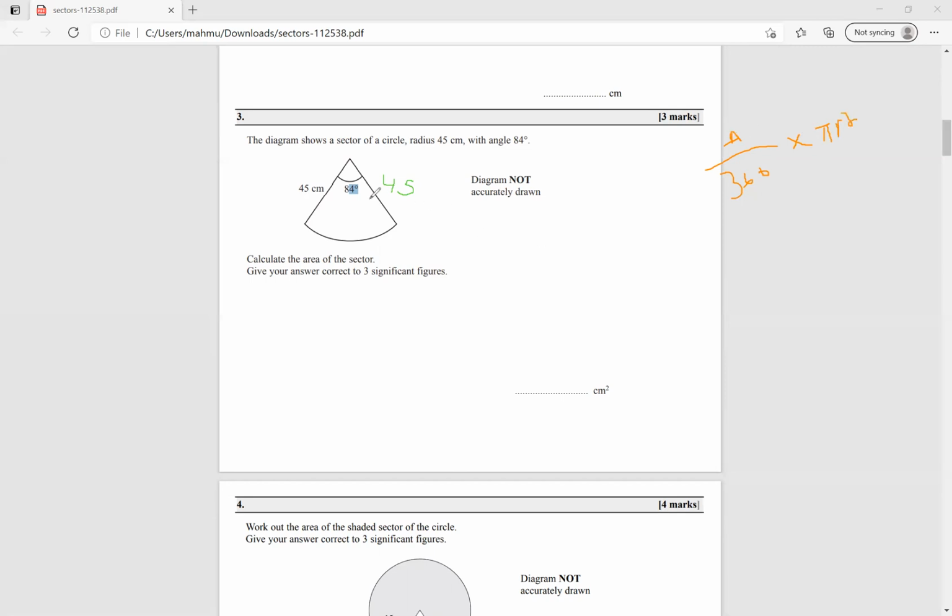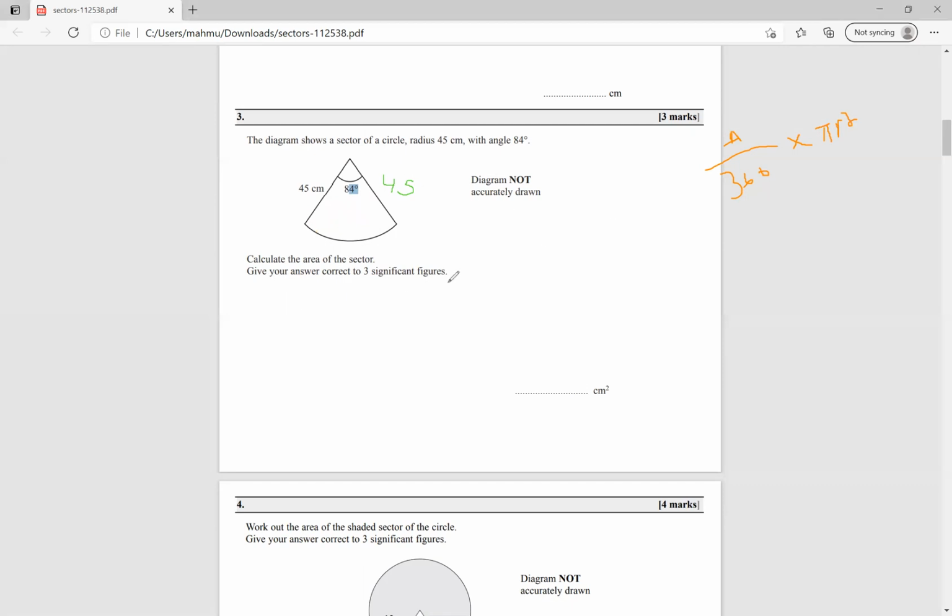So angle divided by 360 times pi r squared. So you don't have to add anything. You just have to find the size of this. So remember this formula to find the area of a sector: angle divided by 360, then whatever the answer, you times it by pi r squared. So here,